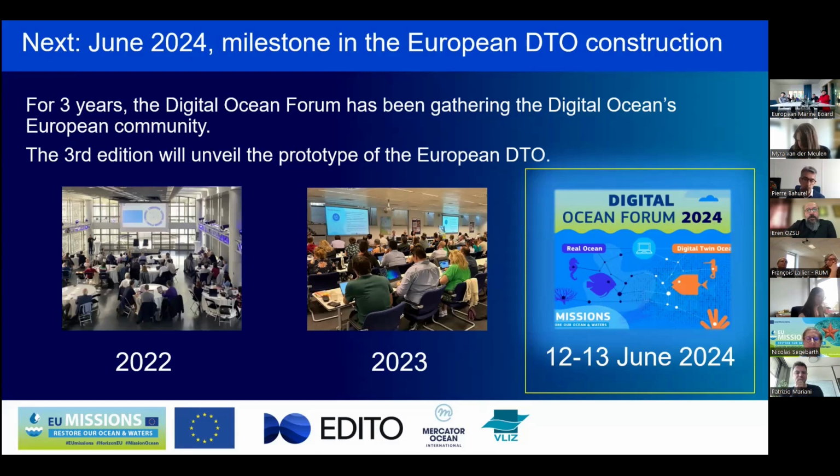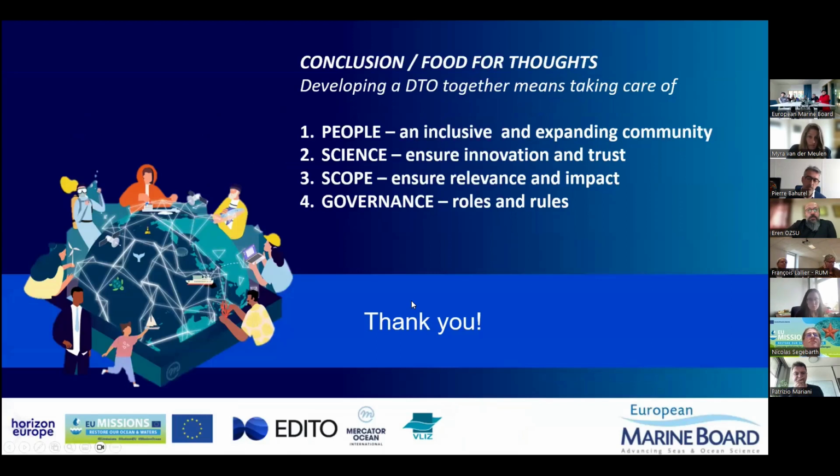So it's really time to see if, of course, it works, but how we can really progress in doing this. And to close this talk, I just want to mention that when we are developing this digital twin ocean paradigm together, different twins, one infrastructure in common, we should think about this different world